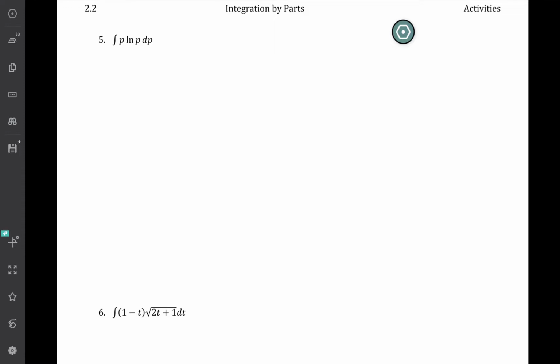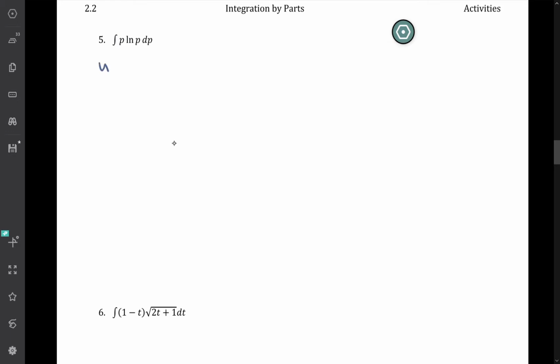In this example, we're going to check out a product that involves a log. Logs are kind of special with integration by parts. If you remember, your priority list for u is LIATE. Logs are top priority. So even though it is extremely tempting to say, well, if I make u equal to